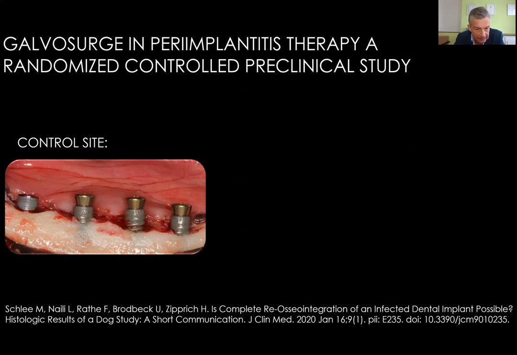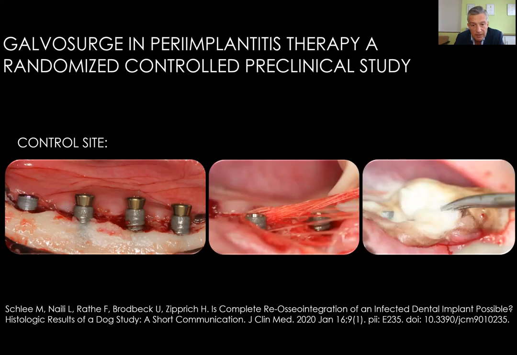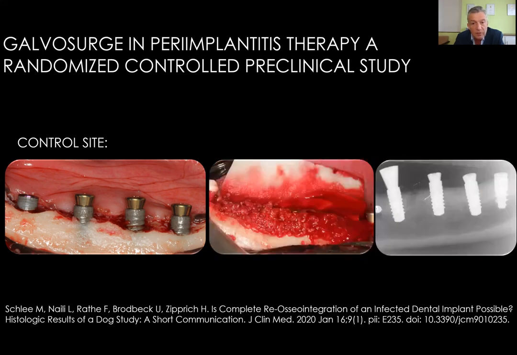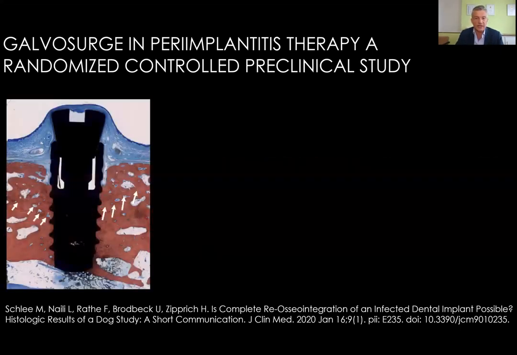This is the control site. We cleaned those implants with a classical approach using the approach which is done in Gothenburg at the Berglund group. We used a cotton with saline, and we also used H2O2 to clean it. And then we augmented it with a mixture of autogenous bone and used the collagen membrane on top. The X-ray seemed to be somehow promising, but if you look to the histology, then we see that